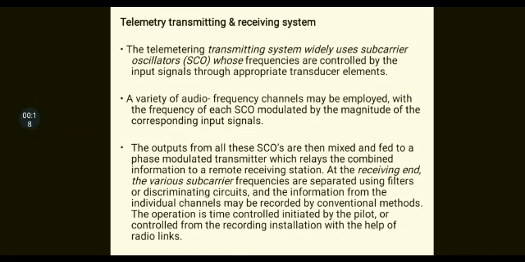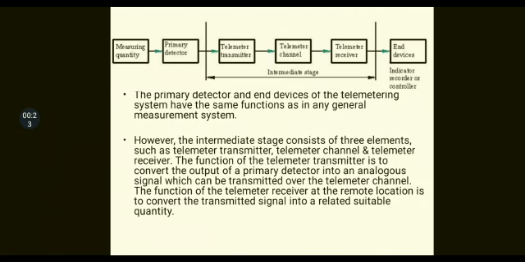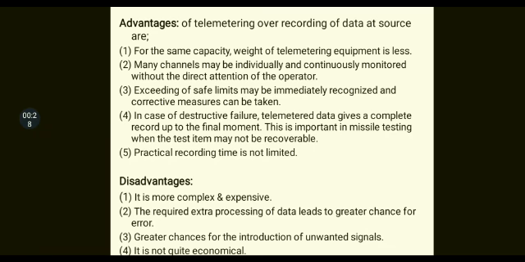This is in continuation with the intermediate modifying devices, where we were discussing the telemetric devices. Just to recall, we have seen the general telemetric device in the block diagram, and certain advantages and disadvantages we have discussed, like recording of the data is possible, channels, capacity, weight, and the data till the failure of the system will be recorded and placed. And certain disadvantages like complexity and expensiveness we have discussed.